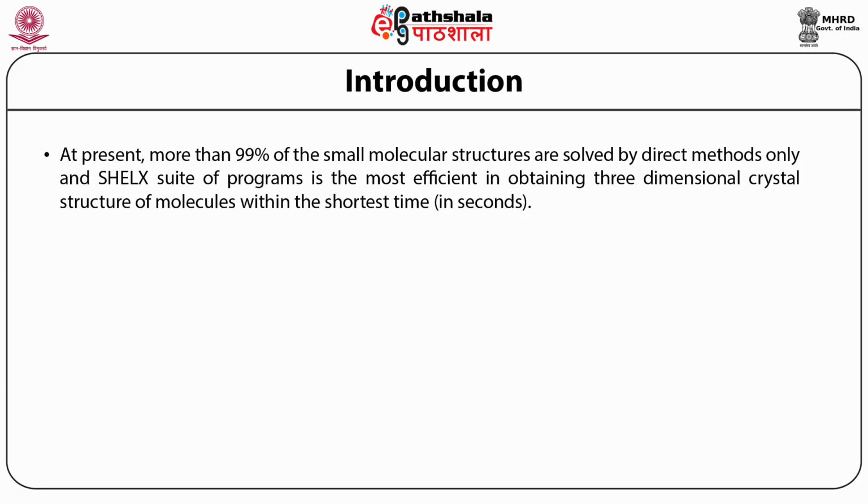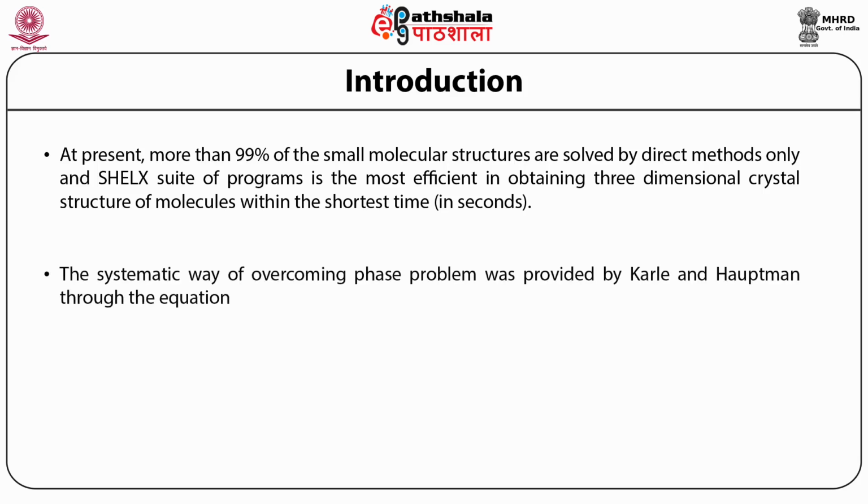If you look into the formalism proposed by Karl and Hoffman, they did a systematic way of overcoming the phase problem, and they developed a synthesis known as the E-map, where the average of E_H multiplied by e power minus 2 pi i H dot R over all the reflections will be equal to Fj naught over sigma 2 power half if R equals Rj, and if R is not equal to Rj, this value will be 0. What it means is that only at the atomic site R equal to Rj, the map on the left hand side will have a non-vanishing value. At the other points, it is 0. So this is known as the E-map.